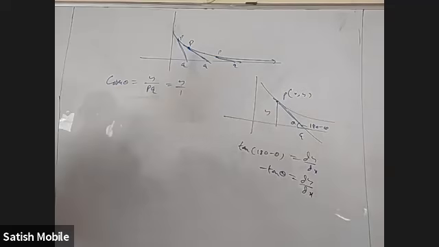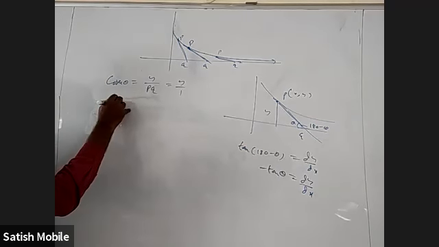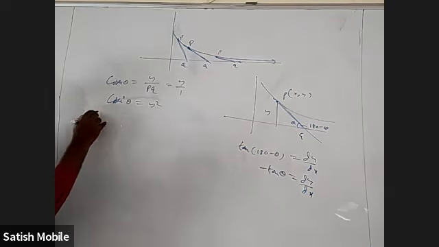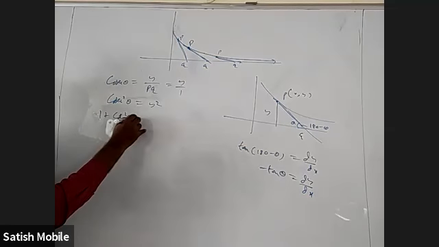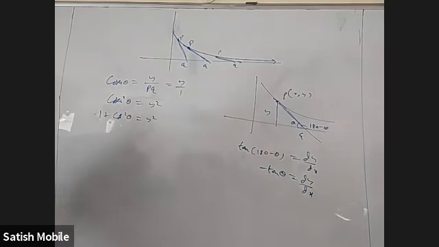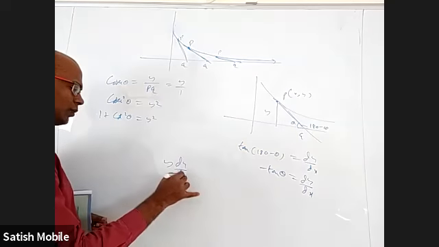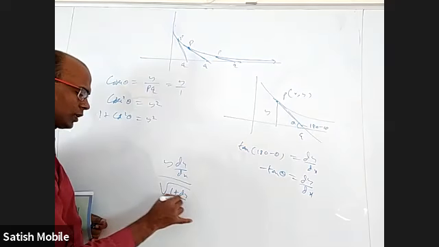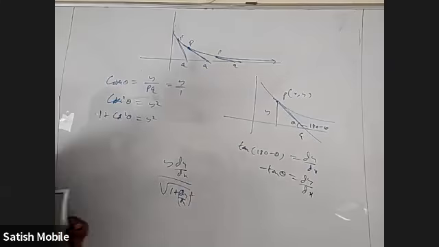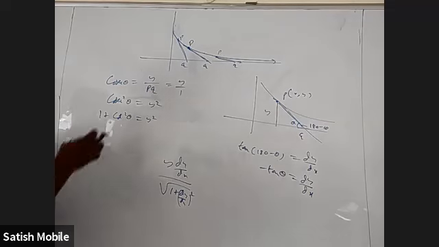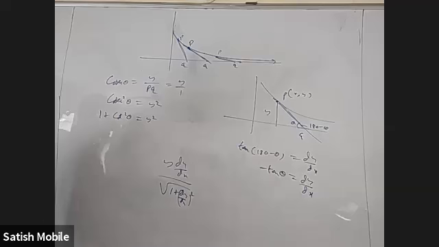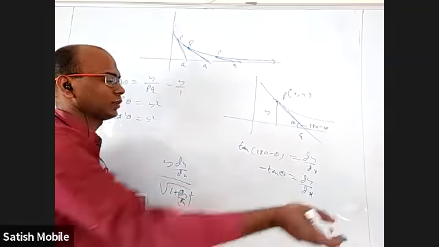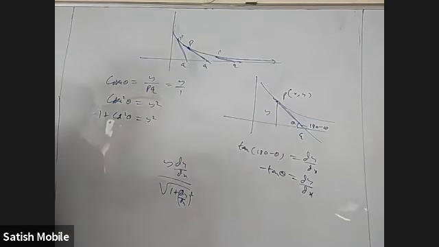Okay. If cosecant theta is y, I can square it. Cosecant square theta is y square. Cosecant square I can write as 1 plus cot square theta, equal to y square. But in general, I think the formula you have is y dy by dx divided by root over 1 plus (dy by dx) whole square. This is the formula for length of tangent. Am I right? Okay. That came from this only. You write cosecant as root over 1 plus cot square, and cot you write as 1 by tan, and substitute tan as dy by dx. You get that formula right there. That's how you'll get the equivalent and equated one.